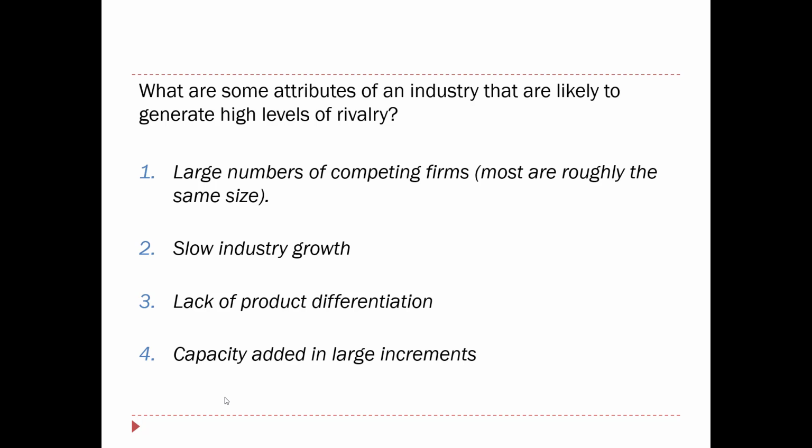So what are some attributes of an industry that are likely to generate high levels of rivalry? When there's a large number of competing firms, usually about the same size, then there's going to be a whole lot of rivalry. If there's slow industry growth, so there's no potential to grow quickly, everyone is moving at the same pace, there will be a high level of rivalry because you're all competing for similar consumers. Now, if there's literally no product differentiation, you have a MasterCard, you have a Visa card, well, the difference is maybe in the percentages, but that is more specific to your bank. There are so many things that will make the products look literally alike. It's just the name. So when there's low product differentiation, then you realize that this might be a problem.